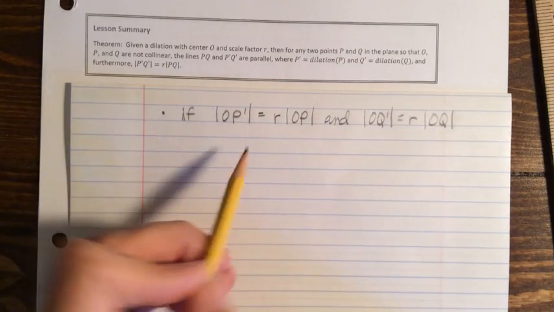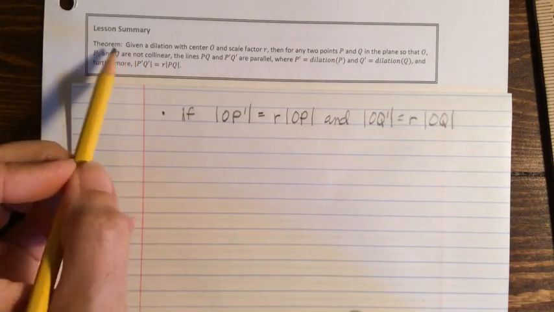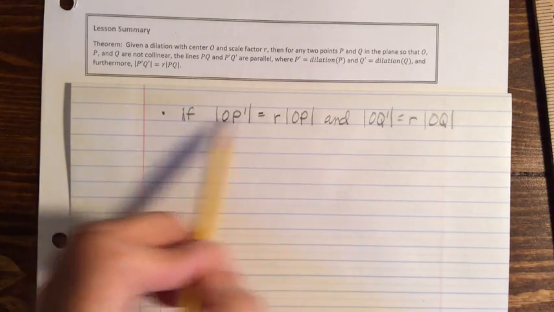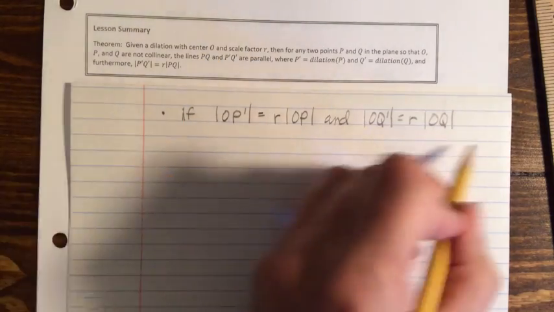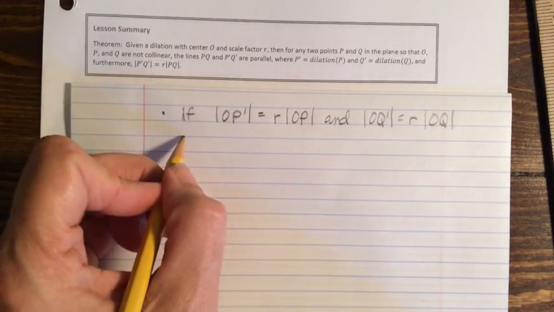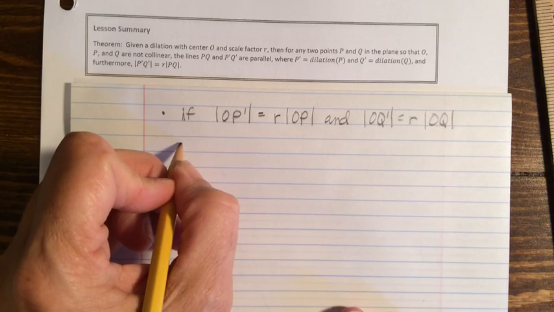That's just saying we have this dilation from center O. Given a dilation with center O and scale factor R, we know that's true. So if this is true, then if I look at just the points P and Q, leave out the center of dilation, then